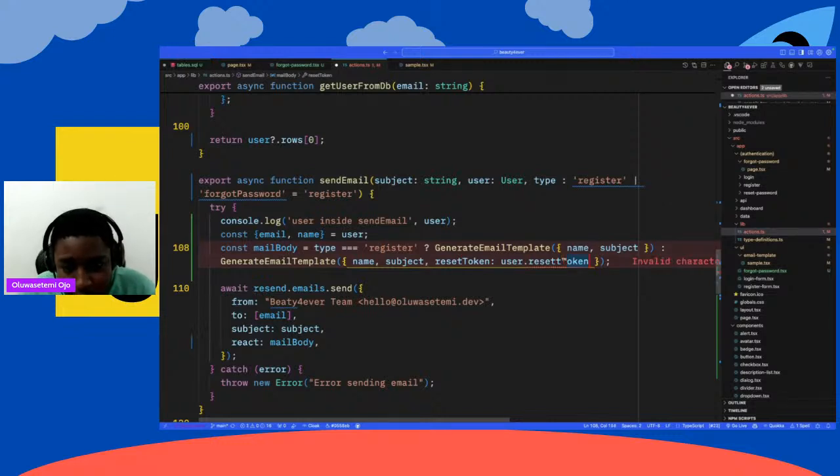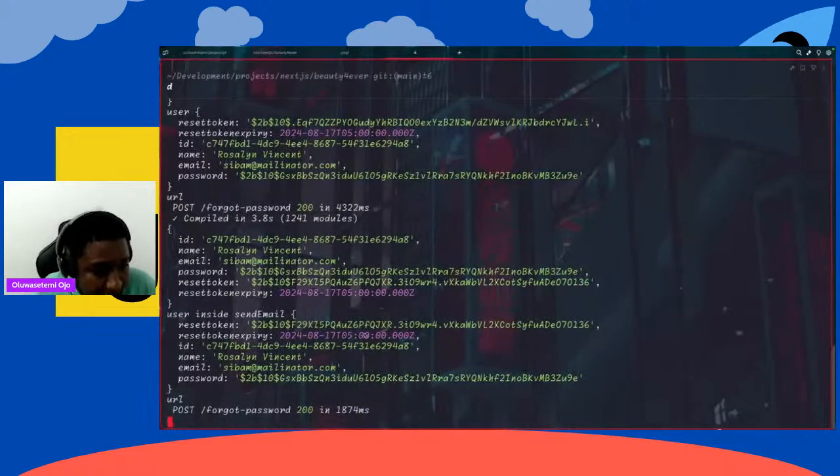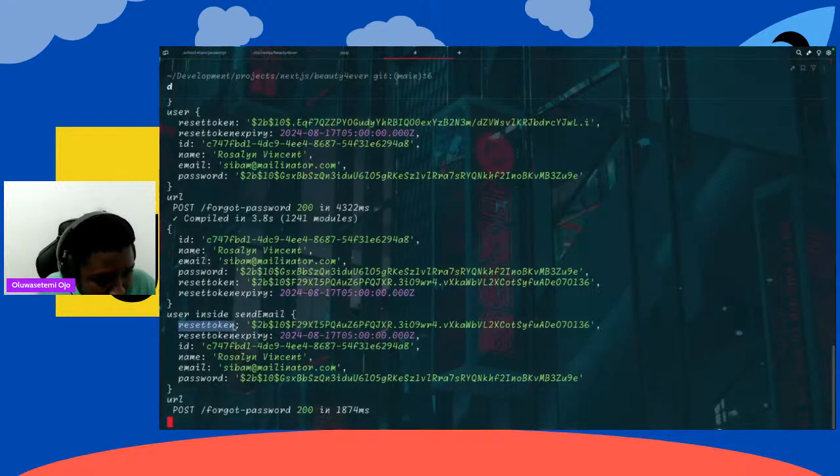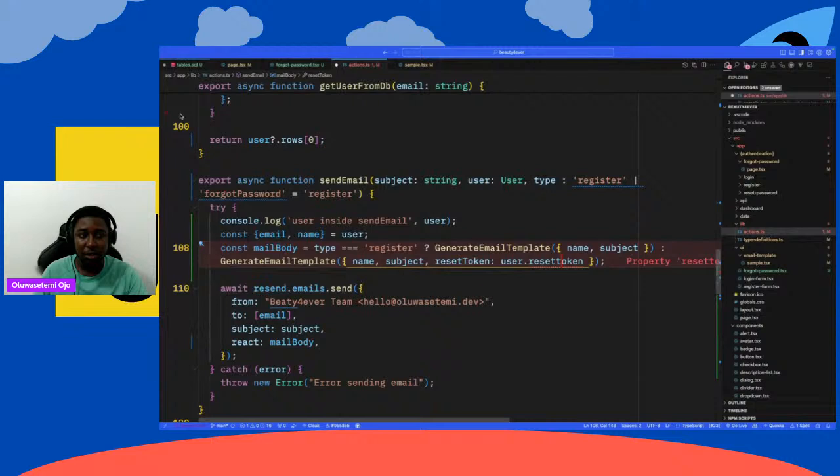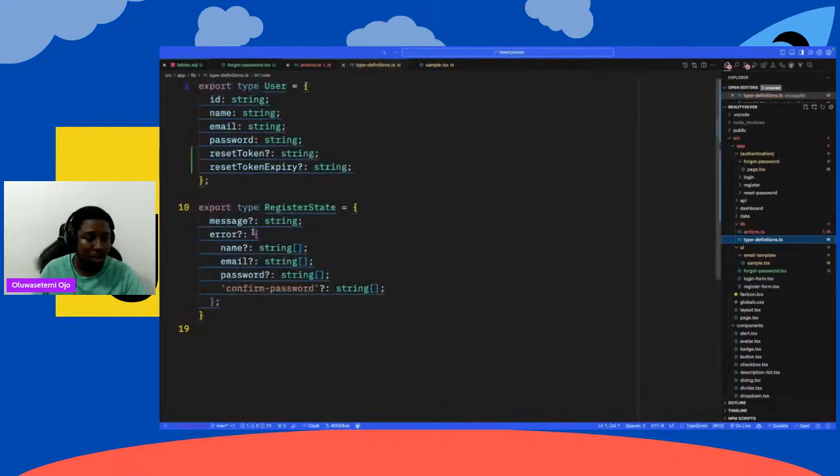Our types, because if we check reset token there, if we check this token here that is being sent out, you can see that token is lowercase, right? The token is reset token, and the token starts with a lowercase as well. But in our types, if I go to type definition, we said token should be